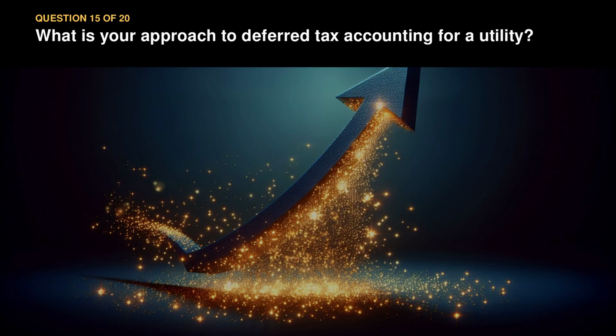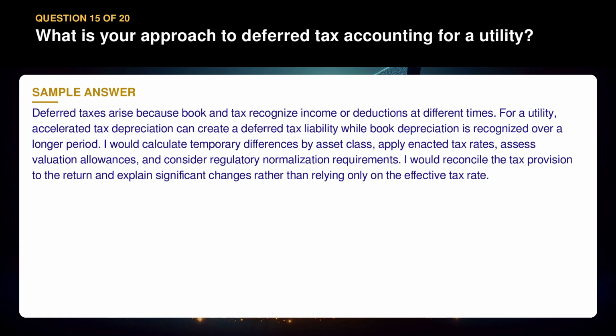Question 15. What is your approach to deferred tax accounting for a utility? Deferred taxes arise because book and tax recognize income or deductions at different times. For a utility, accelerated tax depreciation can create a deferred tax liability while book depreciation is recognized over a longer period. I would calculate temporary differences by asset class, apply enacted tax rates, assess valuation allowances, and consider regulatory normalization